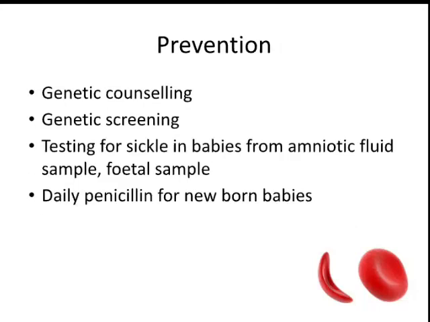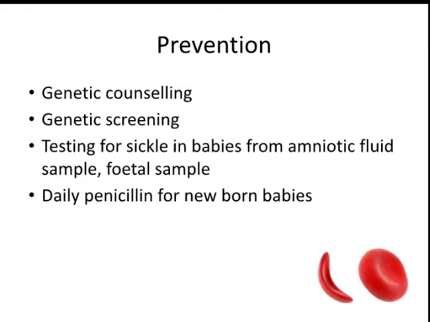So what are the preventive measures we can take? The best thing we can do is genetic counseling. You can call those people who are infected with the sickle cell trait and tell them how they can marry a normal adult hemoglobin person so that they can reduce hemoglobin SS disease.